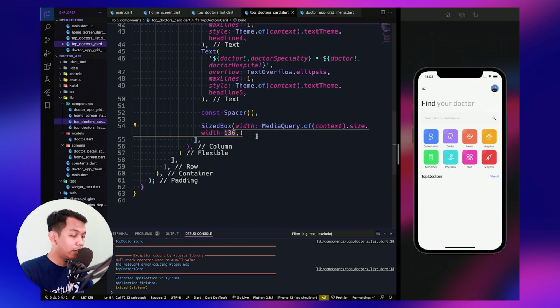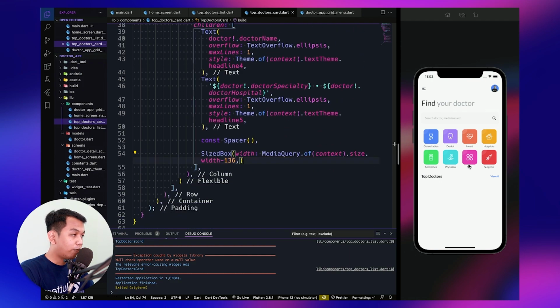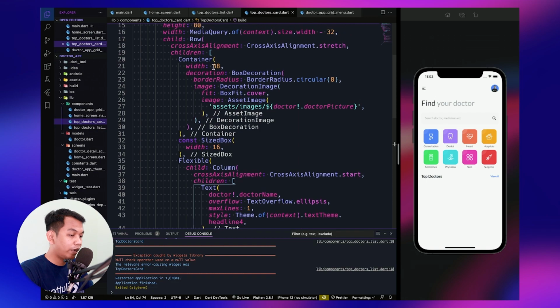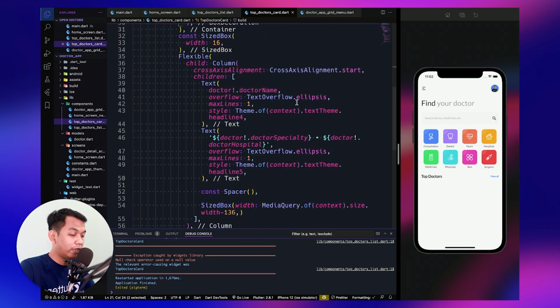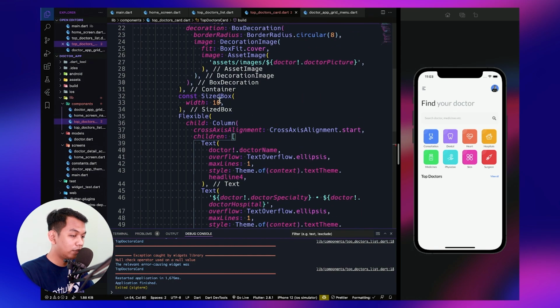This value comes from the padding left and right, which is 16 and 16, so it will be 32. And for our image, we have the width 88. So 88 plus 32 plus this 16.